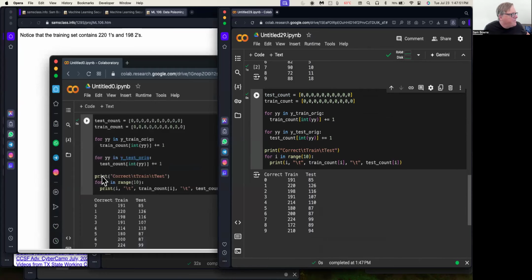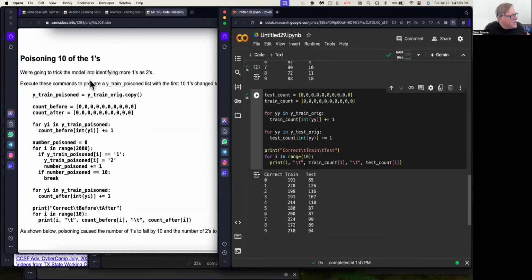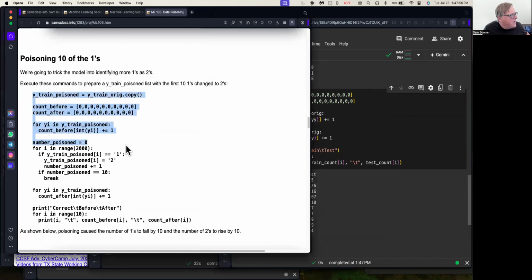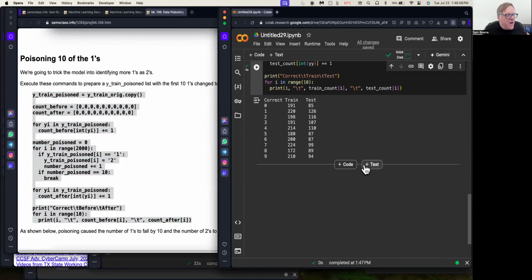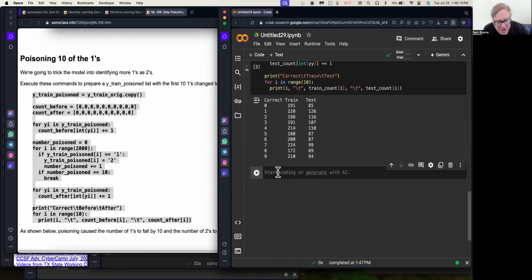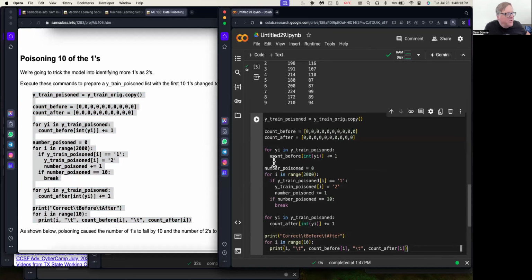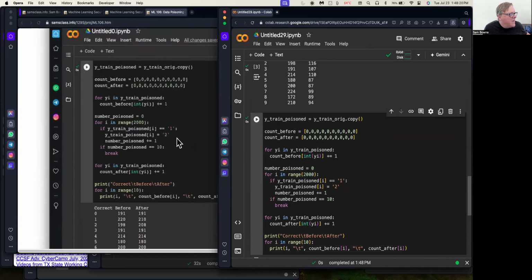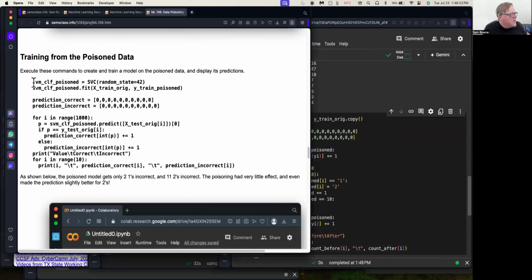All right, and so now we're going to poison 10 of the 1s. This is going to go through and change 10 of the 1 labels to 2 labels. This is the simplest attack on a machine learning model, if it had the wrong labels. We're not changing the images. We're just going to change the labels. So some of the ones that are really 1s are going to be labeled as 2s. And that, you would think, would decrease the quality of the model. So if you train from the poison data,